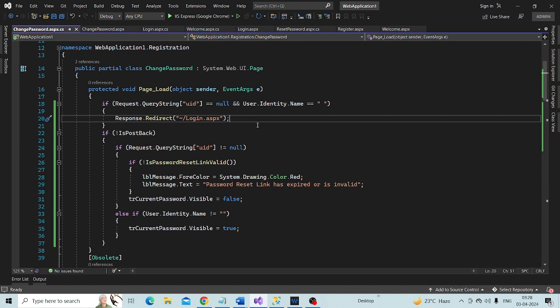So what are we doing here? If request.QueryString["UID"] is not equal to null, then what does that mean? That means UID is present within the URL. So if UID is present within the URL, then we know he is coming to change his password using a password reset link. So if that is the case,